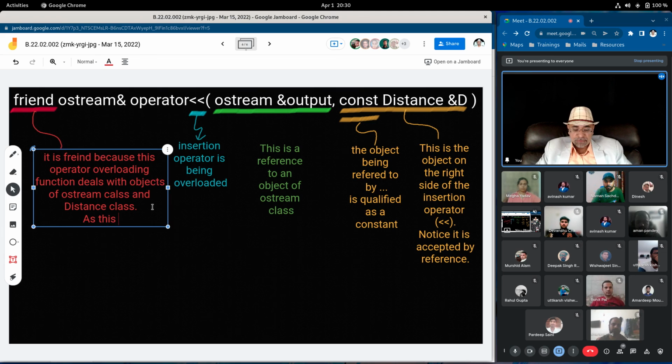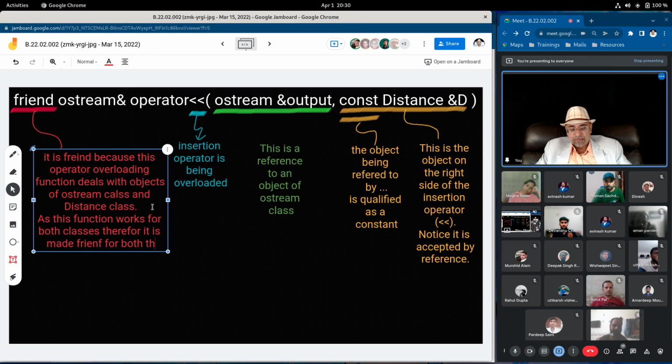As this function works for both classes, therefore it is made a friend for both, in both the classes.